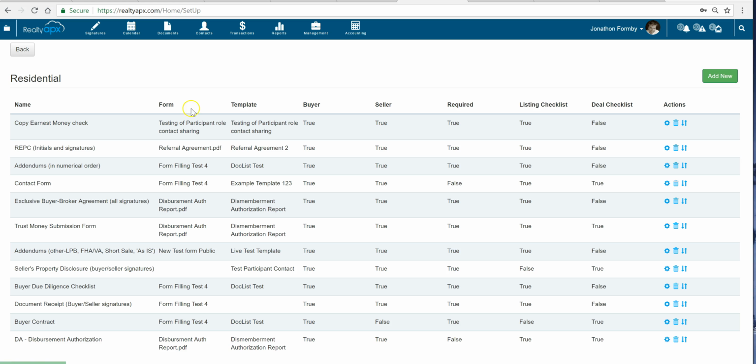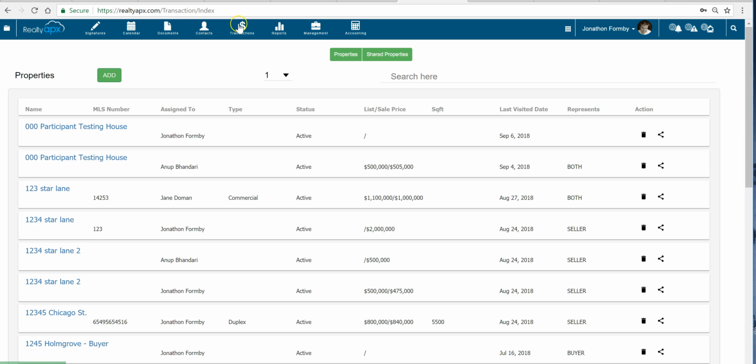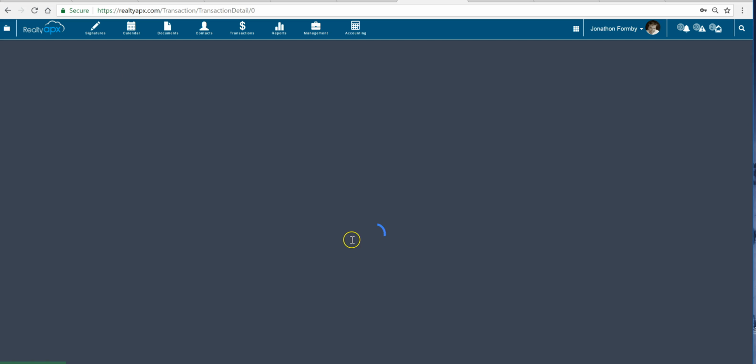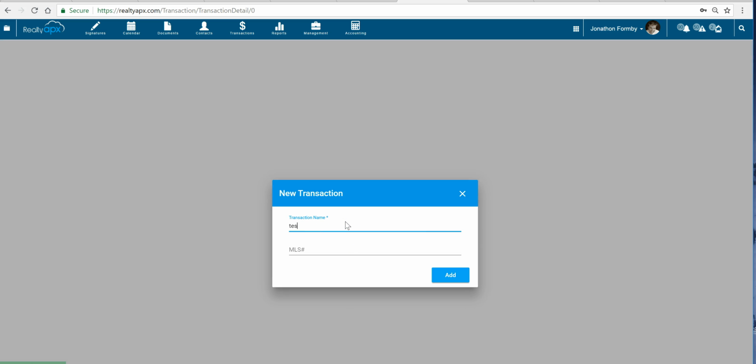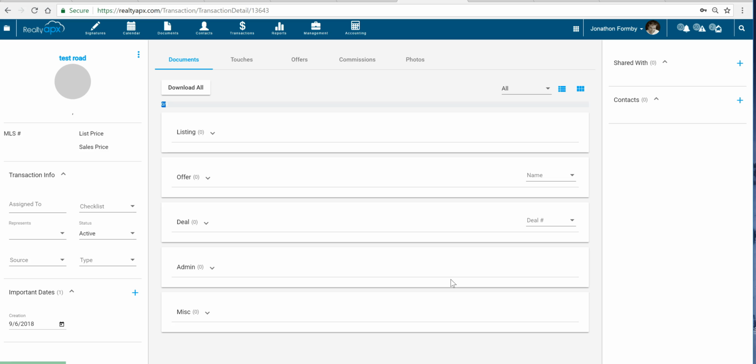So now you'll want to go to Transactions. You can either choose a desired transaction or add a new one. We will go ahead and call this a test road. For help navigating the transaction screen, please go watch the tutorials on transactions. From here, you will first need to select who the agent represents. Let's click Buyer's Agent,